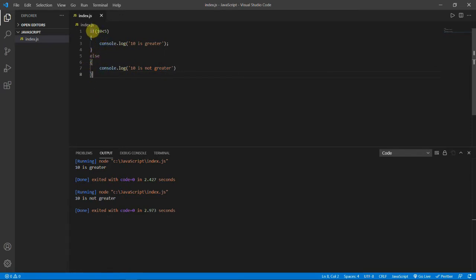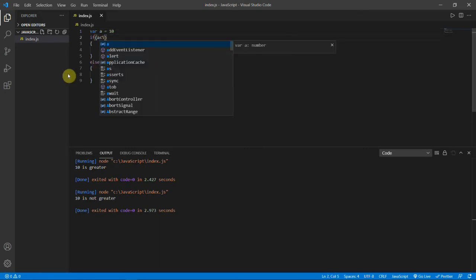For else if, we will use a variable. I'll create a variable a equal to 10, and then change the condition to a.